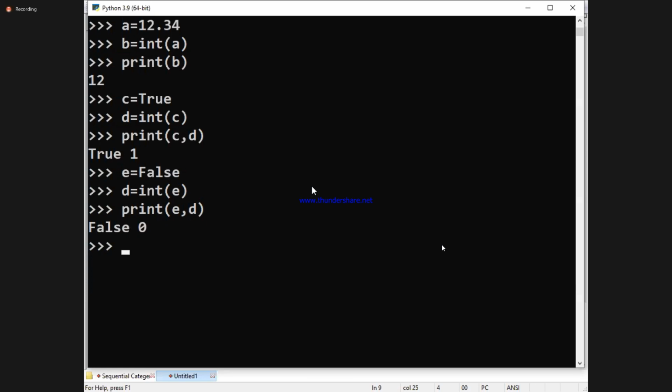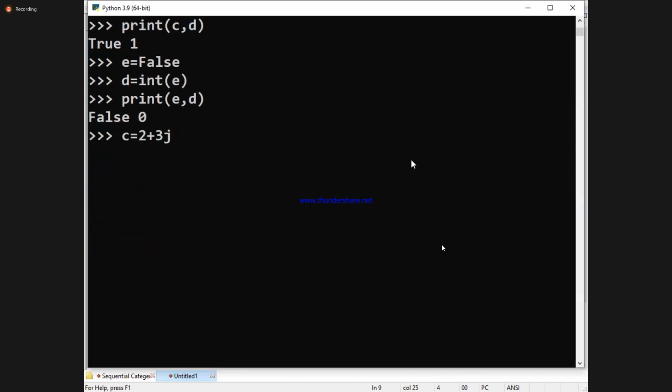Can I convert bool value into int? Can I convert float value into int? Yes. Shall I move forward? Yes. So next, C is equal to 2 plus 3j. What is that number, please? Complex. Complex. Come on. Next, D is equal to, come on fast,